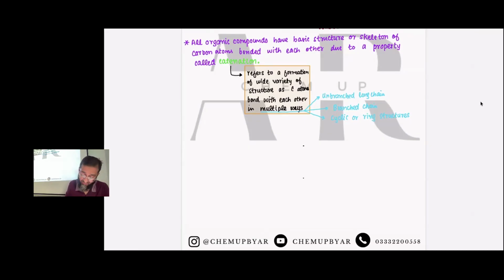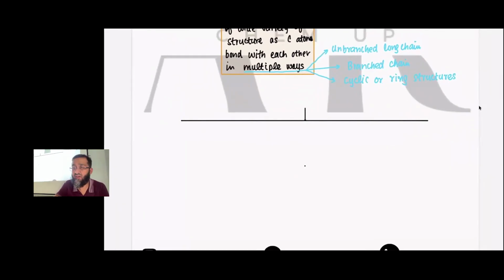Okay. So if I initially categorize the structures of a carbon,